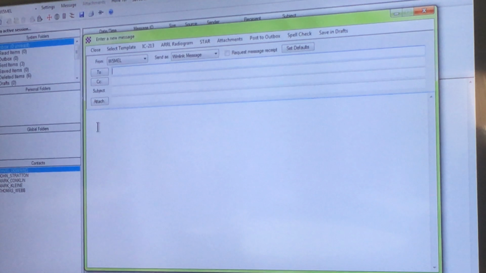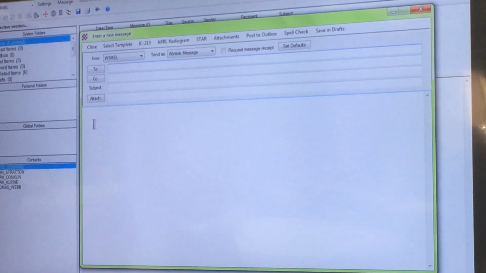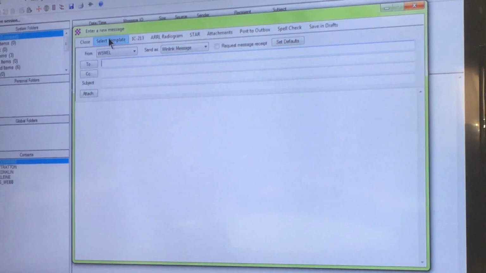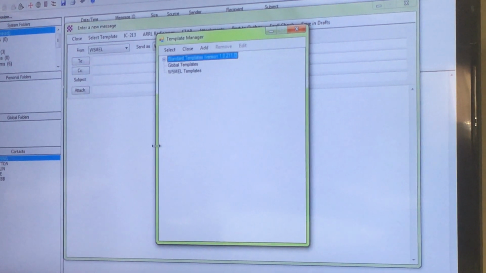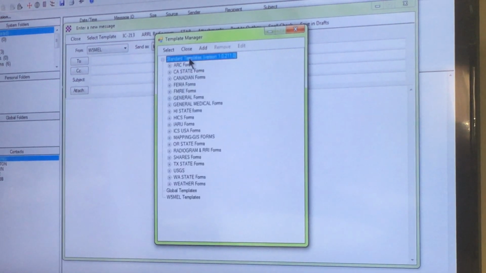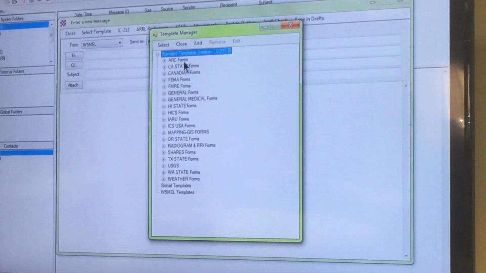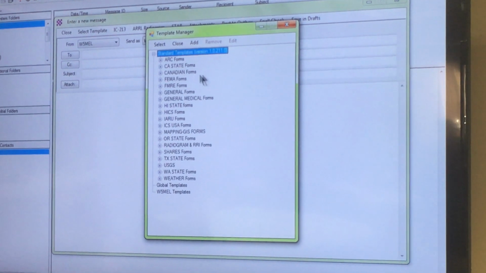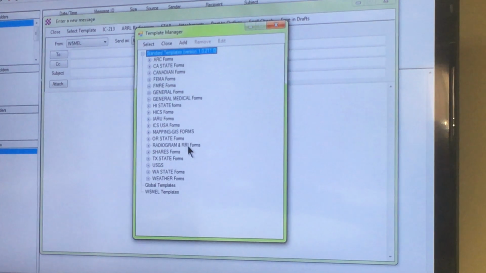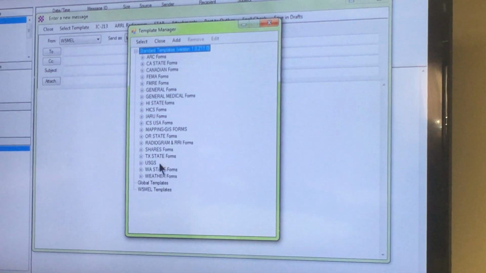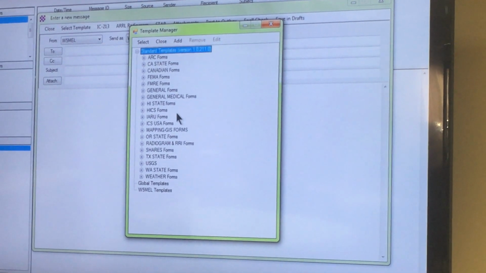However, you may run into situations where you're going to have a certain protocol or format in the message. Winlink has a lot of these built in, and these are the standard template messages. You can see there are quite a few of them. Some are like American Red Cross, California's got some of their own, Canadians have one for their own, Hawaii, Oregon, Texas, U.S. Geological Survey, Washington State, weather. There's also